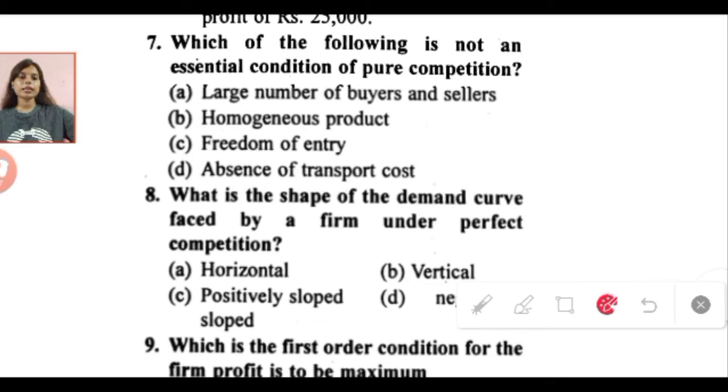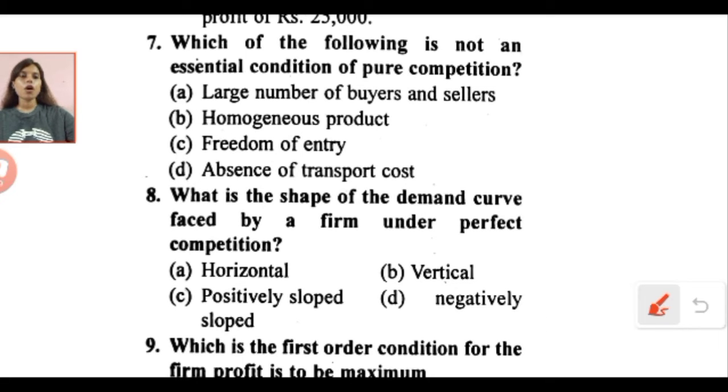Which of the following is not an essential condition of pure competition? Okay, here it will be number D. Absence of transport cost shows that it is not an essential condition of pure competition. All right, so number D is your correct option. Moving over to